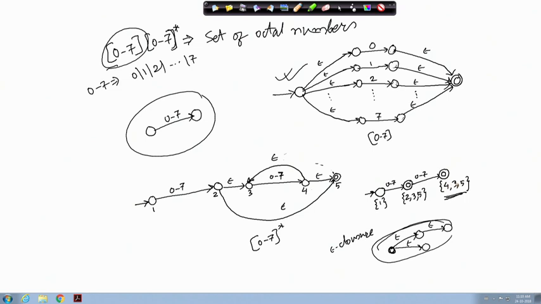So, from here that epsilon closure will give me the same state, because from 3 it will come to 4, and from 4 if I take the epsilon closure I will get 3 and 5. So, as a result you will get a loop here for 0 to 7. So, this is the DFA corresponding to the octal numbers regular expression that we had. Okay. Next we will take another example,